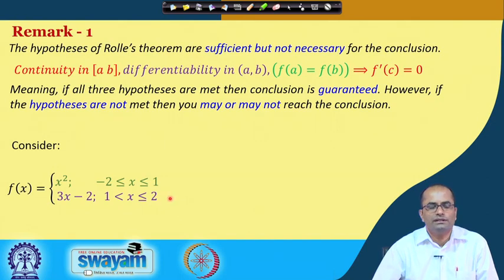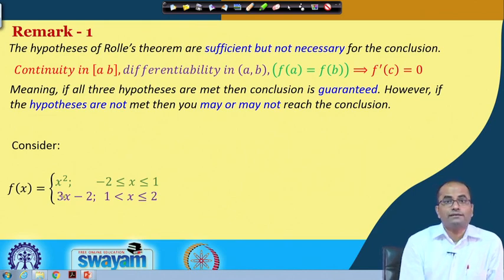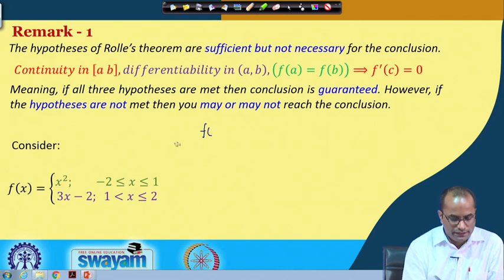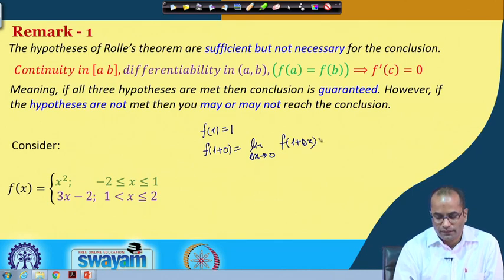So, this function here, clearly we see that the function is continuous. The function value at 1, f at 1, we can substitute directly, the function is defined until 1. So, f(1) is 1, and then if we take the right limit, f(1+0), the limit as delta x goes to 0 of f(1 plus delta x) minus f at 1.